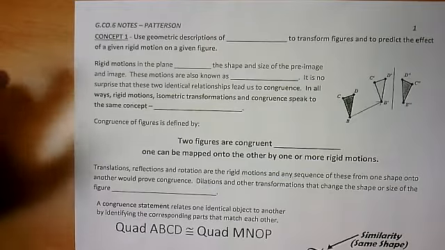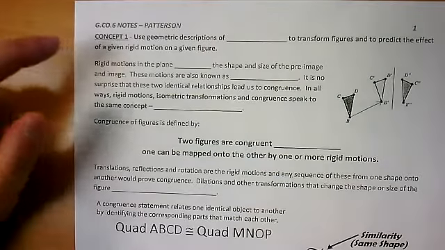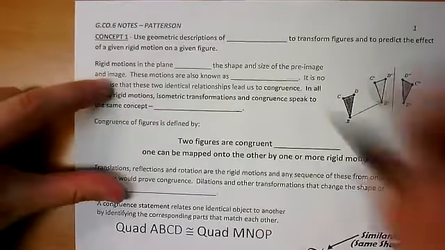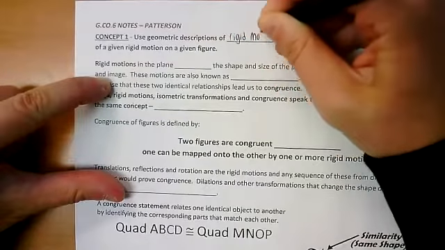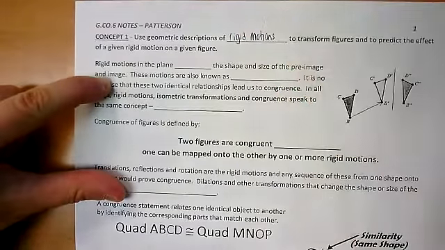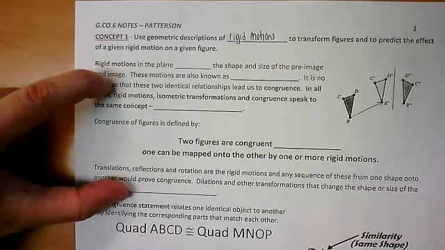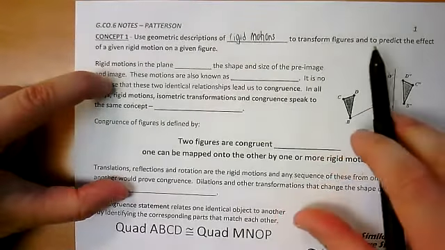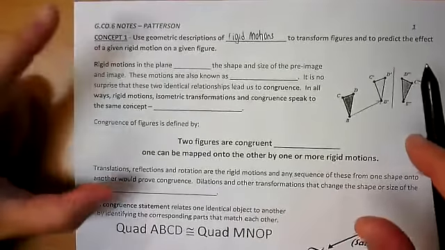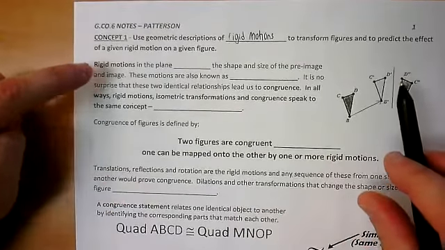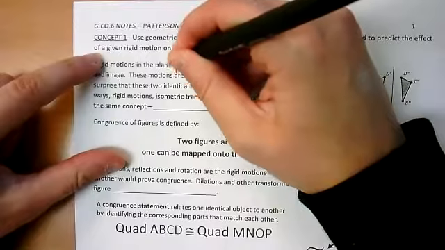So at the top of our notes here it says concept one: use geometric descriptions of, we're going to fill in, rigid motions. And we know rigid motions are just our isometric transformations, right? Those are reflections, rotations, and translations to transform figures and to predict the effect of a given rigid motion on a given figure. So rigid motions in the plane we know preserve